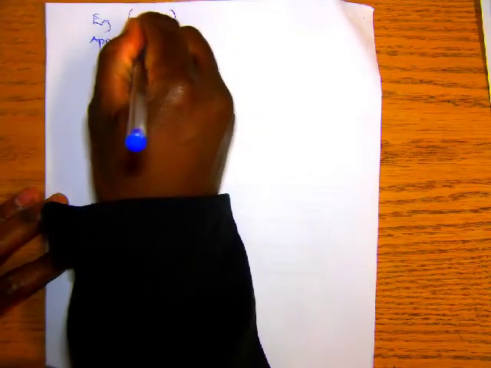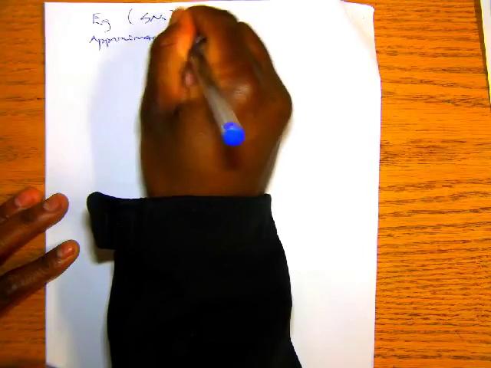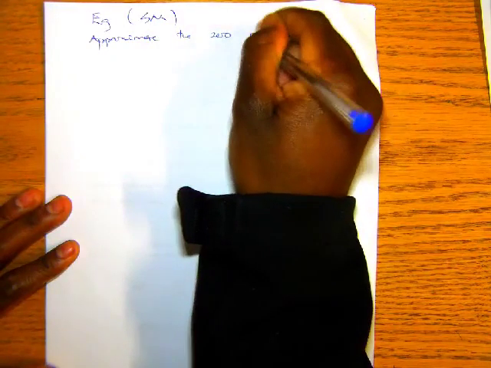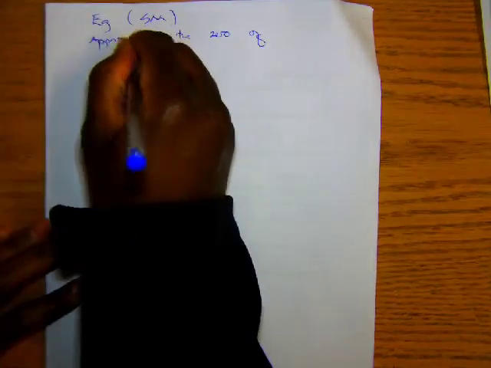Let's do an example using the secant method. Okay, so what does the example say? Approximate the zero of the following function: